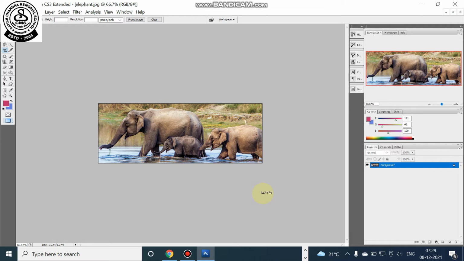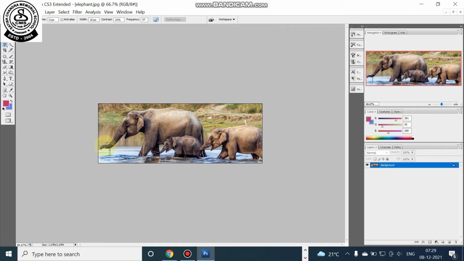Now you want to cut the elephant body according to its edge. So how can you do it? You can click on this part which is called the lasso tool. You can go to the magnetic lasso tool. It is a very important tool of Photoshop. You click on the magnetic lasso tool and then you come here. You just see multiple options are coming. So now you come here and you first do the left click.